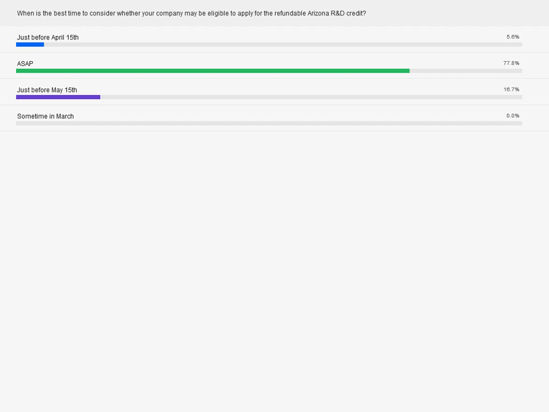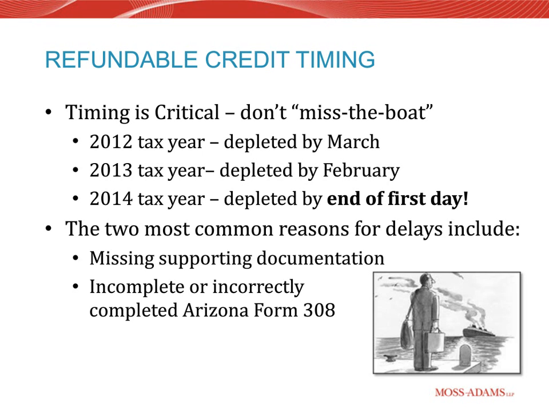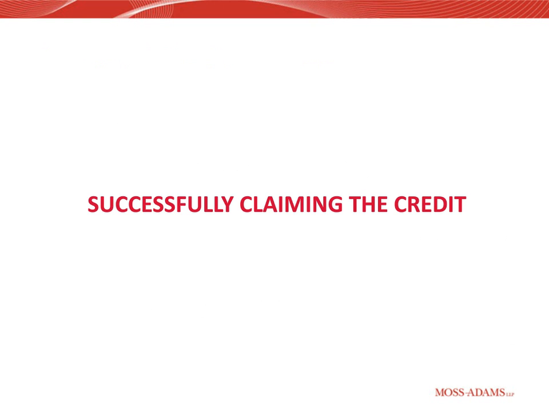Great. All right. Tom's going to have a wrap-up section on how we successfully claim the credit. Great. Well, we've covered hopefully enough information to let you know what things to look out for and what things need to occur. First off, you need to know: do you have qualified activities? If so, then we need to know what the expenditures tied to those are. And so the nexus between them is important. As we're doing these studies, it's really figuring out, does all the stuff line up, and does it all qualify? Some things are not going to qualify, and some things are going to qualify.